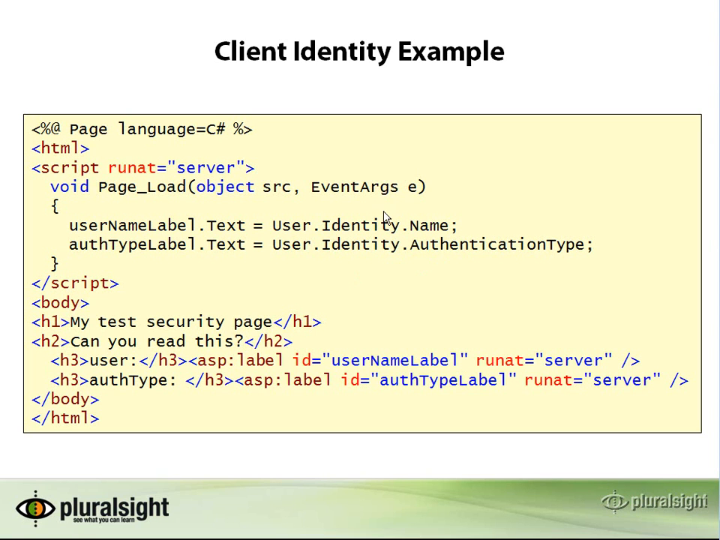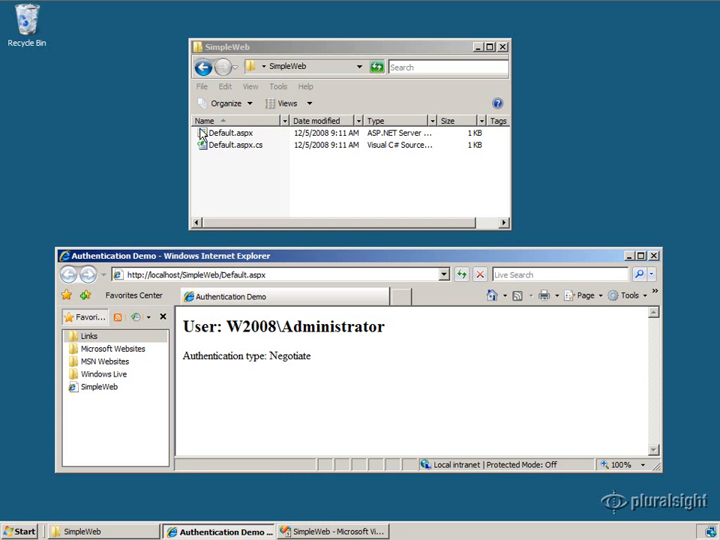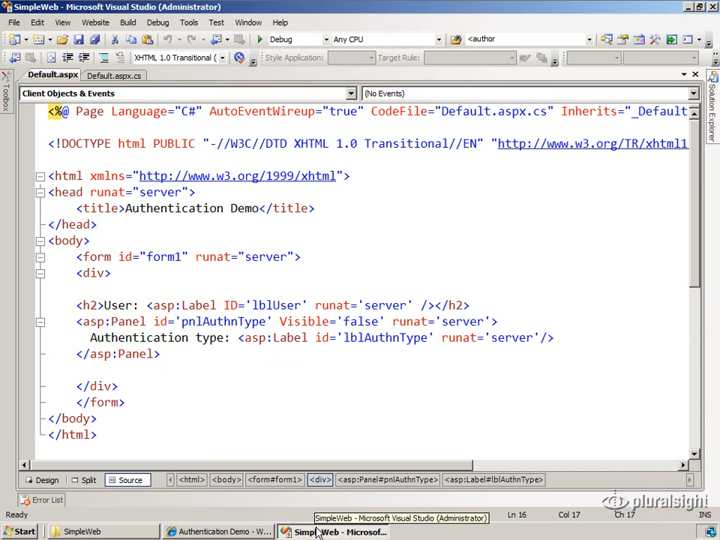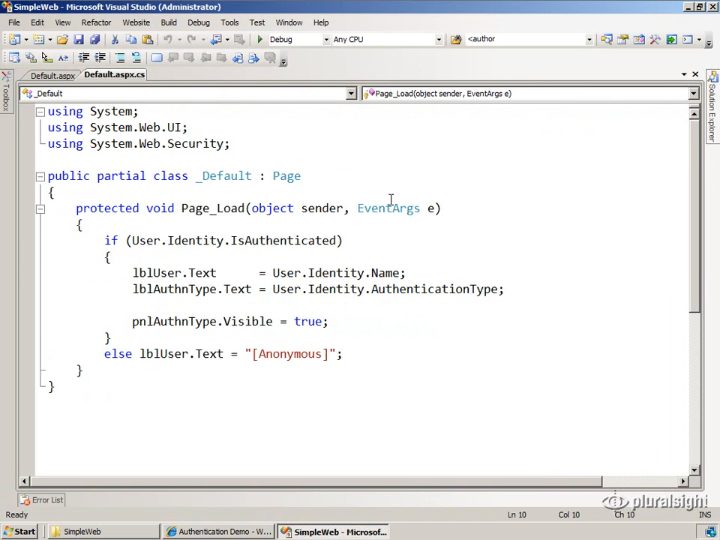Now let me flip over to my demo that I showed you earlier, where we were authenticating with a very simple page. Let me show you the code behind the page now. So here's the markup. I've got a couple of labels, one that shows the user's name and one that shows the authentication type. And behind this, if you take a look at the code, this is the shape of the